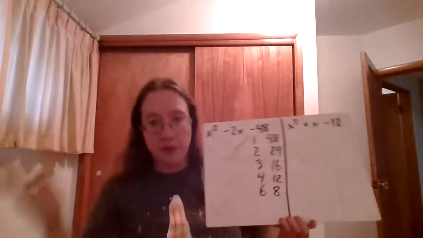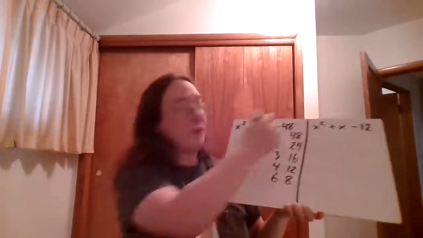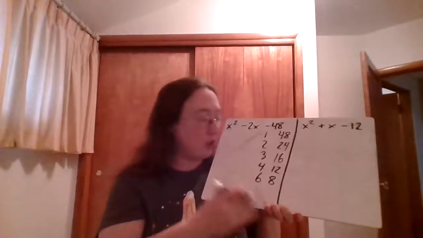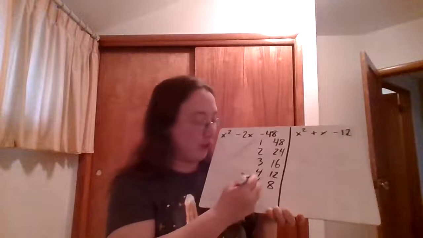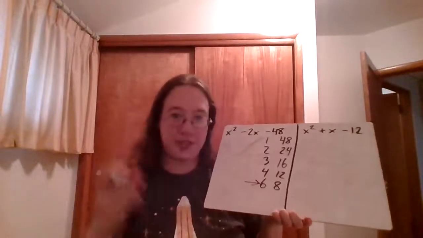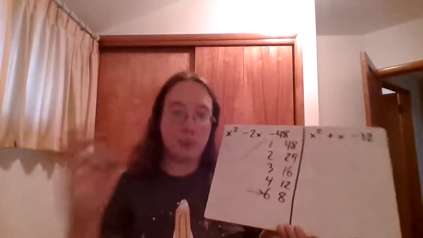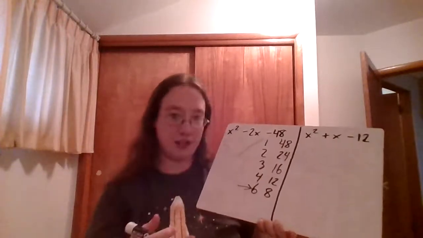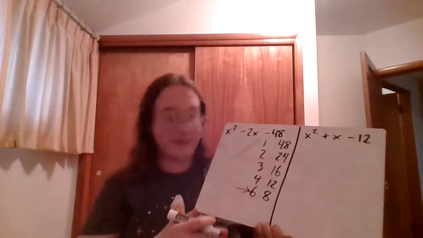Now, the one that's going to give you 2 jumps out at you right away, like obviously 1 and 48 is not going to give you 2. Obviously you want numbers that are closer together, so if you can see these ones right away and you don't have to list out all of them, that's fine. I'm just going to keep listing off all of them just in case that one's not going to jump out at you right away. So if you want to make a nice list, a good place to start is